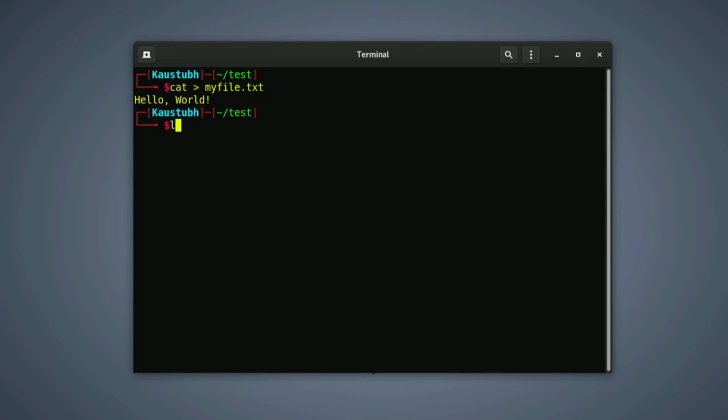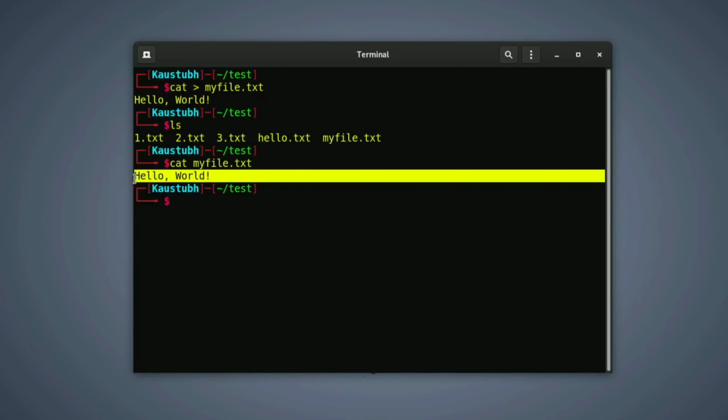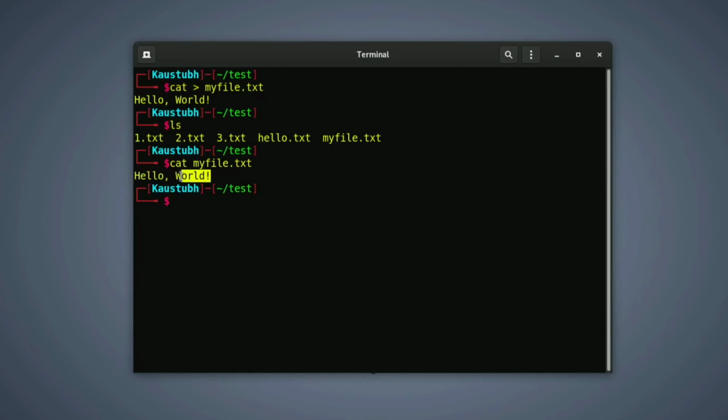After pressing ls, you can see myfile.txt is created successfully. To check the contents of that file, you can also use the cat command. Type cat and then the file name, myfile.txt, then hit enter. You can see hello world as the text in the file.